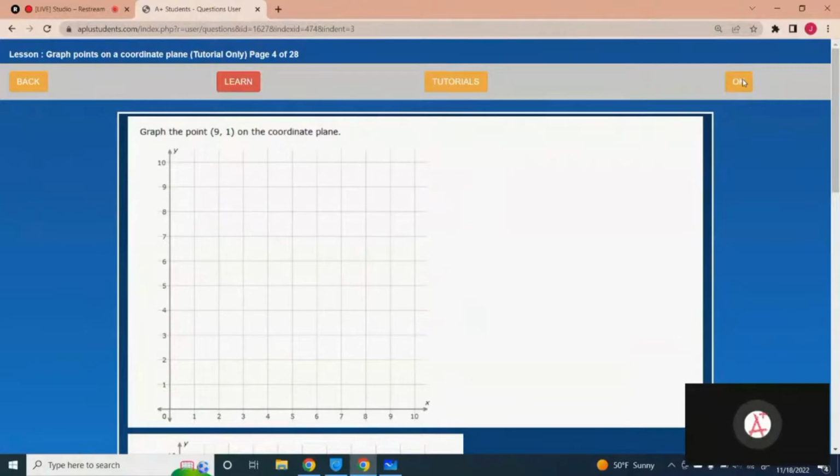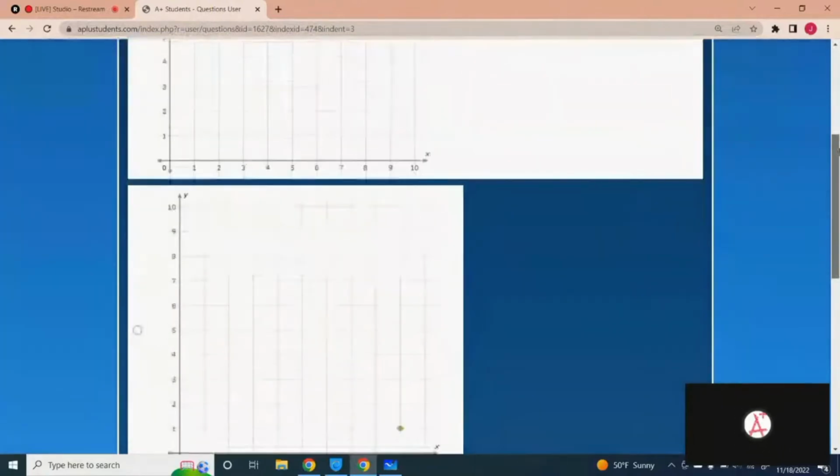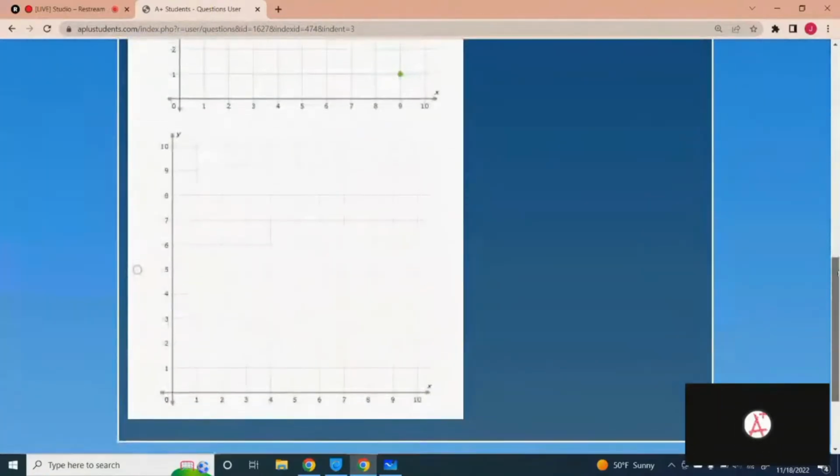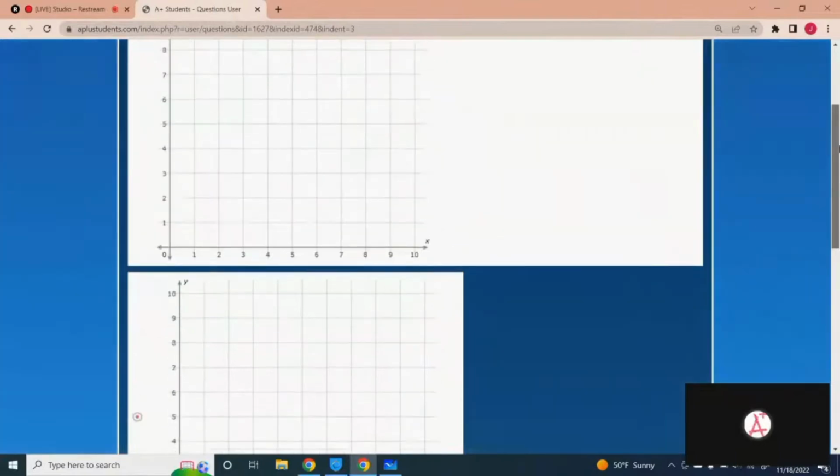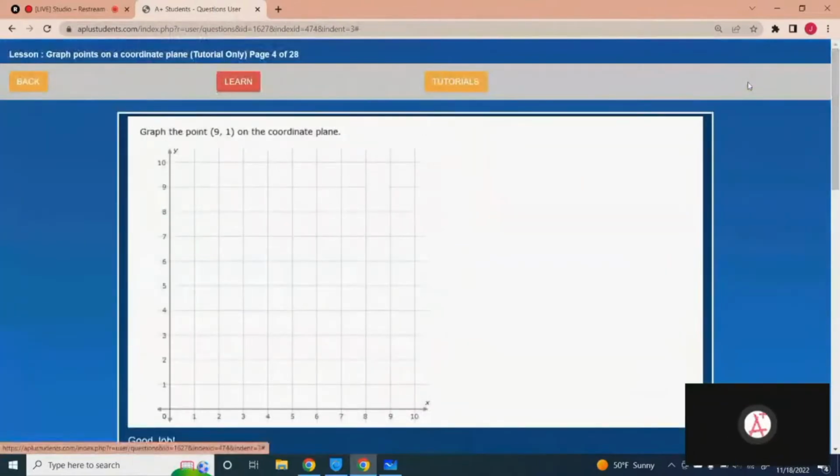Okay, the next one is graph the point 9, 1 on the coordinate plane. You have just one option given. x is 9 and the first is the correct one. Got it? Okay, let's just move on to the next topic. The next topic is